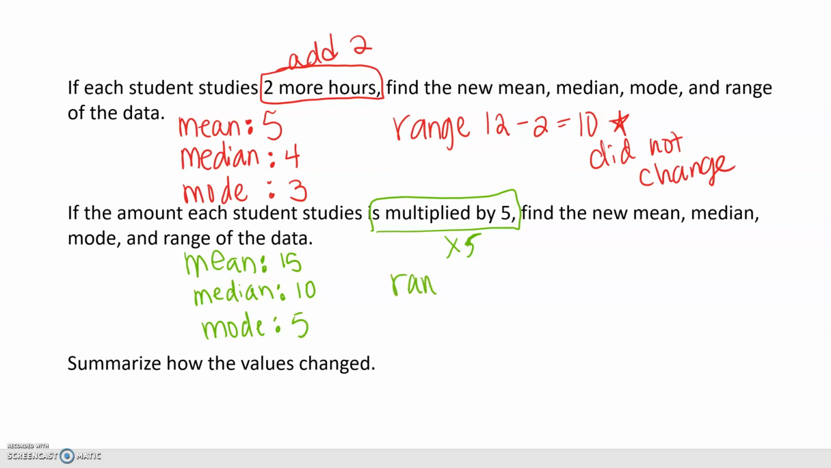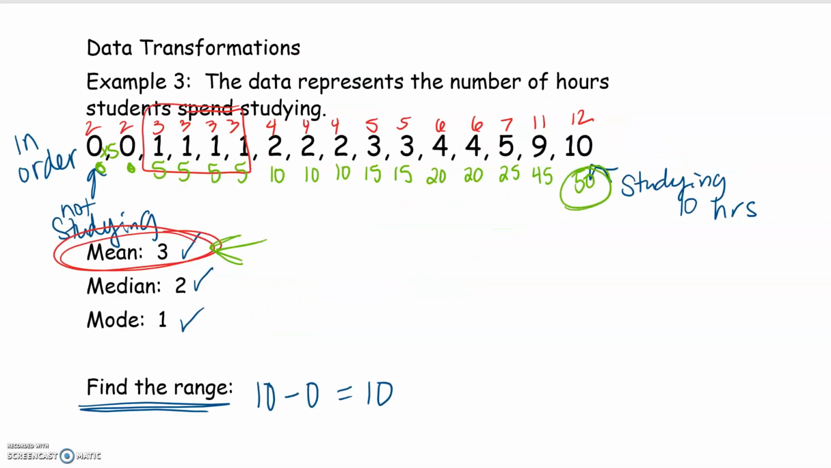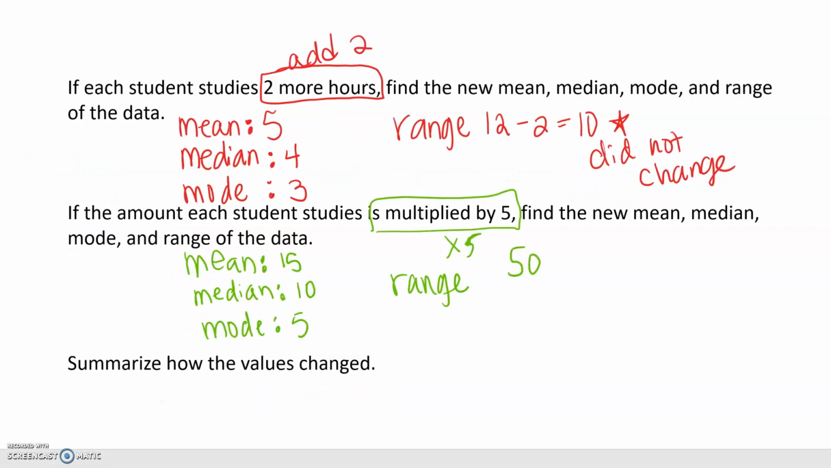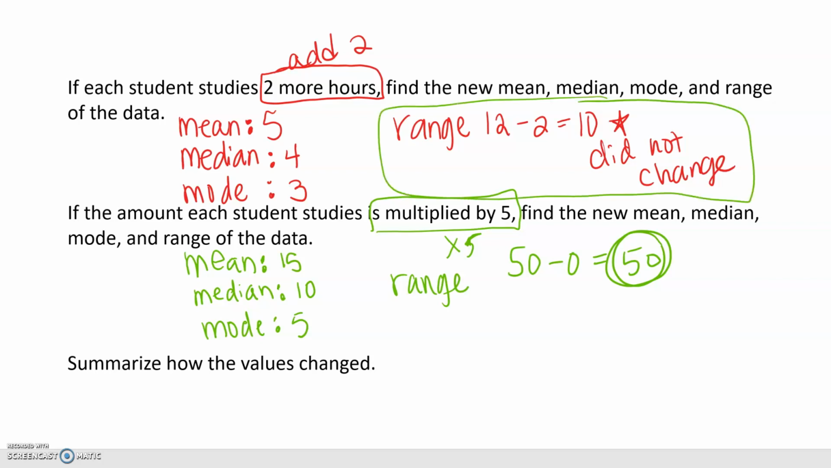And then range, we're going to look at our biggest number and our smallest number. So this time my biggest number is 50, smallest number is 0. So 50 minus 0. I actually did change my range on this one. So notice that that one did change. So always do your range on your own. Figure out what those new values would be, because the first one it did not change, the second one it did change. Okay, so we're going to summarize how the values changed. So measures of central tendency